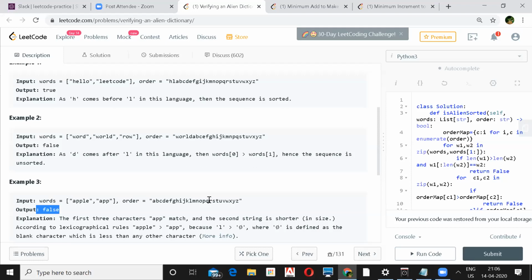Since the first character itself matches, the lexicographical rule says if one of them is smaller, then we don't check the rest of them. So if we find H is exactly smaller than L, that's where we are good. So basically, the lexicographical rule says if I have